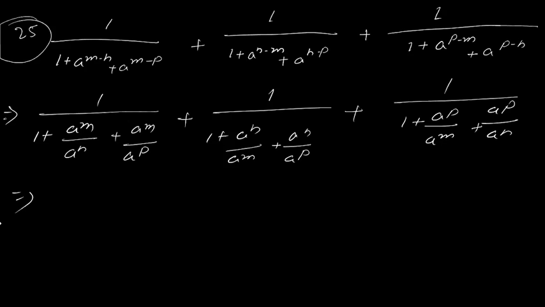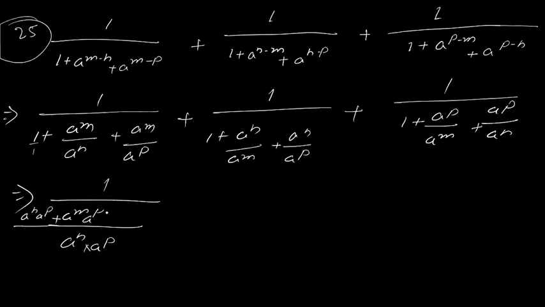Okay, okay sir. Let's do 1 divide by, now let's do this first, a to the power n multiplied by a to the power p. Now here this is your base. Okay, now 1, nothing is there in the sense 1, so it will be a to the power n a to the power p plus a to the power m, n is already there, so which is left with a to the power p plus a to the power m is already there, which is left with a to the power n